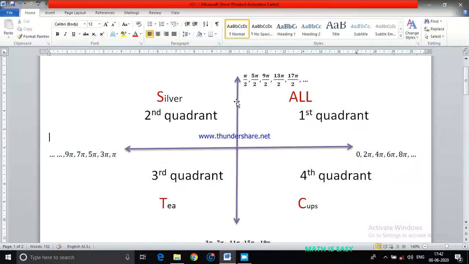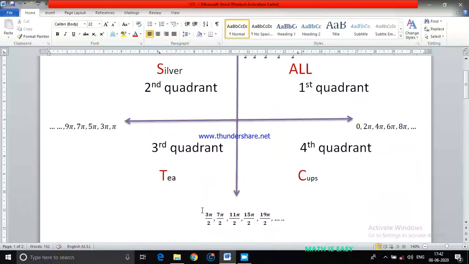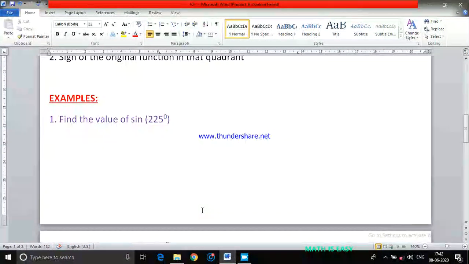So now you have to check whether it is sine or cos. I have to check the sine. So the original function is sine 150, right? So is sine positive or negative in this quadrant? Sine is positive. So hence it will be plus 1 by 2 only. If sine is negative, for example, then it will take a negative value. The sign of the original function in that quadrant, you have to think. So I hope this introduction part is clear. Now take an example to understand this more clearly.